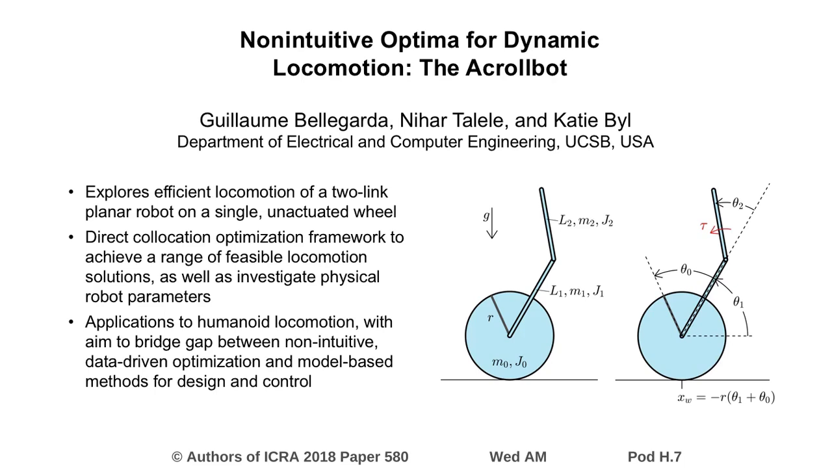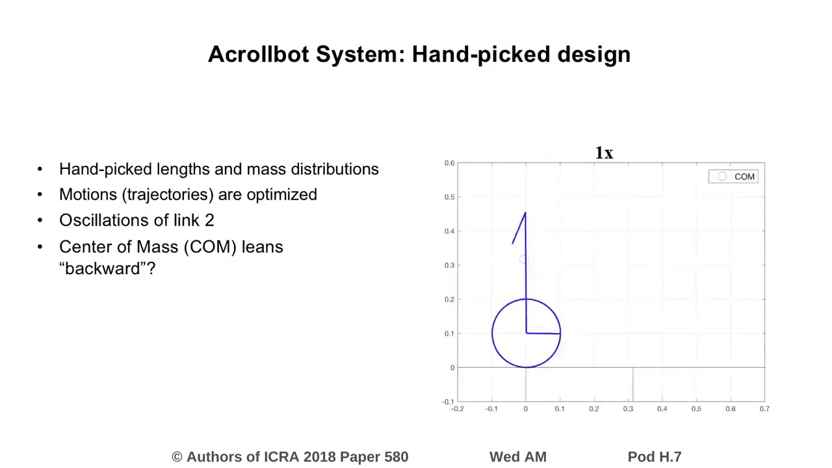Such a toy system is a good candidate on which to apply our optimization framework, which results in at first seemingly unintuitive locomotion solutions. We aim to bridge the gap between non-intuitive, data-driven optimization and model-based methods for design and control of underactuated and dynamically stable locomotion. To help with visual understanding of the types of motions uncovered by the optimization framework, we start